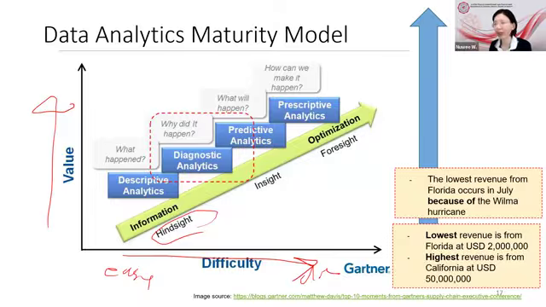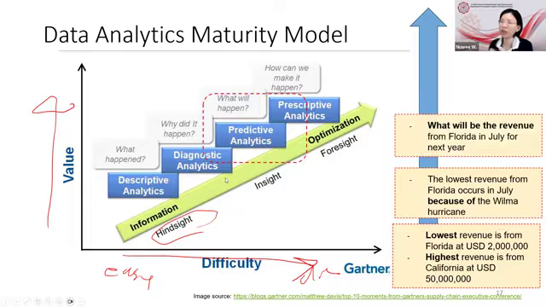If you go further, beyond why, where you already get some insight, you try to predict the future, right? This is called predictive analytics. Let's say, then what about next year? What will be the revenue from Florida? Because next year it should be La Nina. There should not be any hurricane anymore. So we expect that